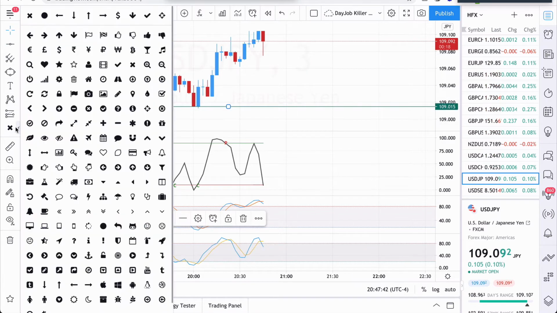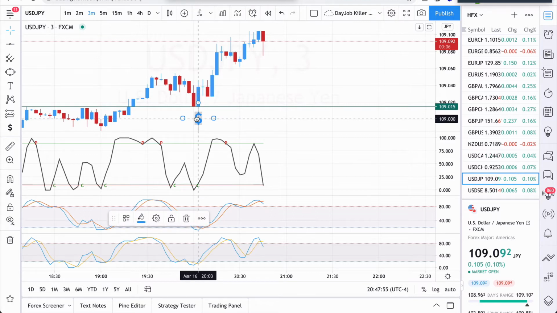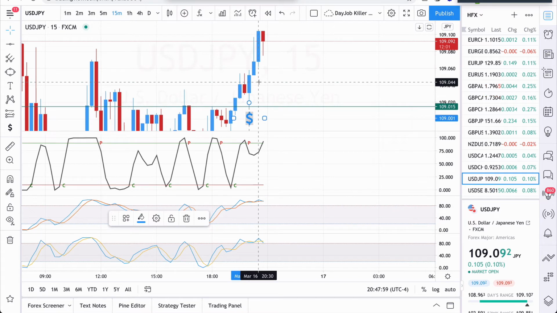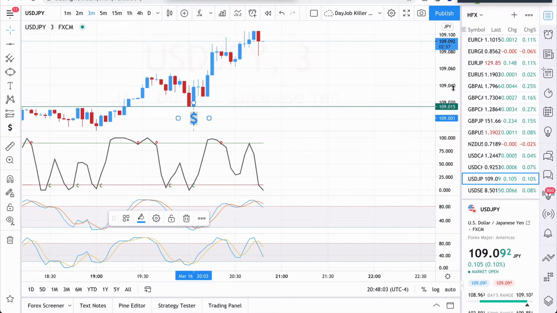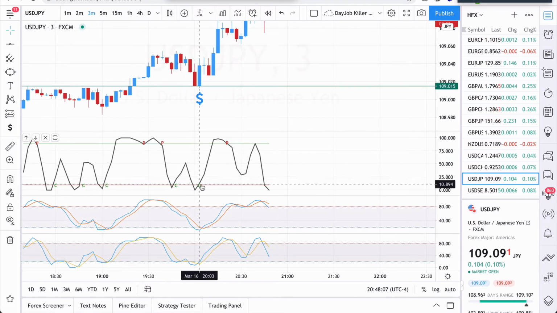I want you to pay attention to this area. Let me see if that's a good area. Perfect. All right. So on the 3 minute, and it just so happens that this area, I would have taken